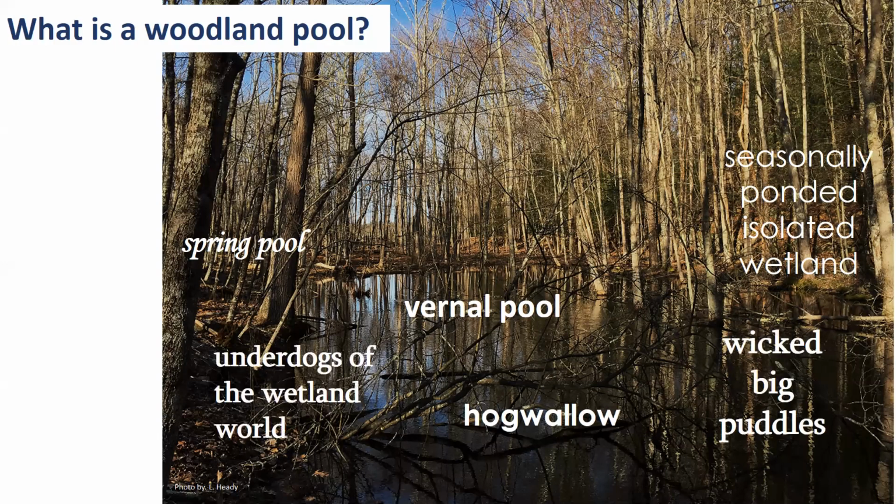I mean, we're looking at a photo here of a woodland pool, and as you can see, it just does look like a wicked big puddle in the woods, and for that reason, they're often overlooked or underappreciated, and so they're kind of the underdogs compared to other wetlands. And also for that reason, they may be referred to as